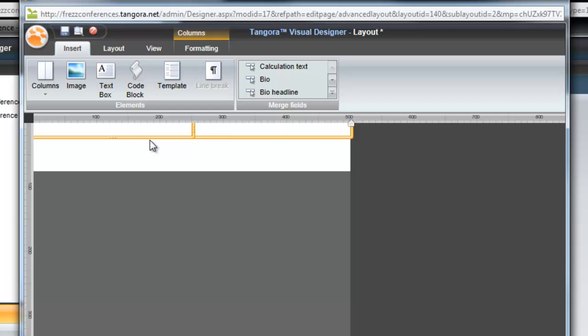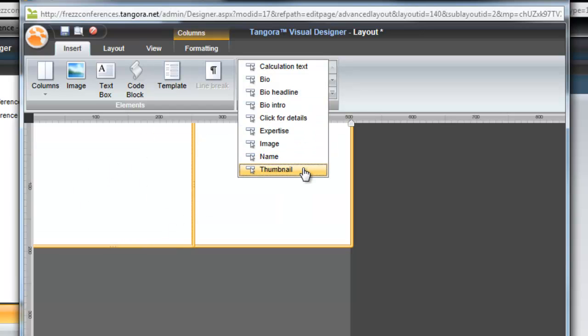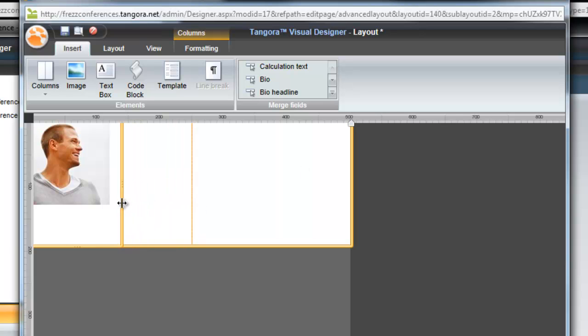Then I could take hold of my left-hand column and insert the small image. Then I can adjust the left-hand column so it fits just around the image. But the right-hand column remains the same size, as we can see here. Well, we actually want it to just fill the remainder of the space here.